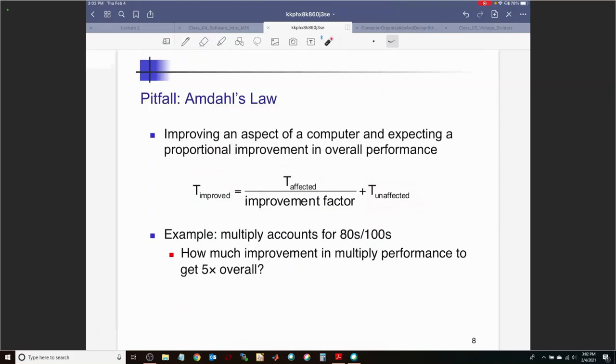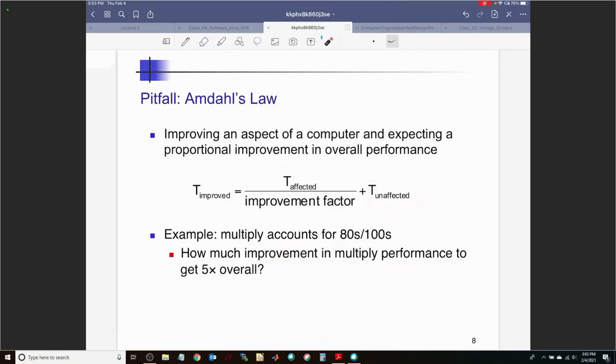We have a computer that is trying to do some multiplication operations. It turns out that multiplication operations account for 80 seconds out of 100 seconds. So a particular program gets done in 100 seconds, but out of that 100 seconds, 80 seconds it spends doing multiplication operations only. So the question here is, how much improvement in multiplication operation should be done to get 5 times overall